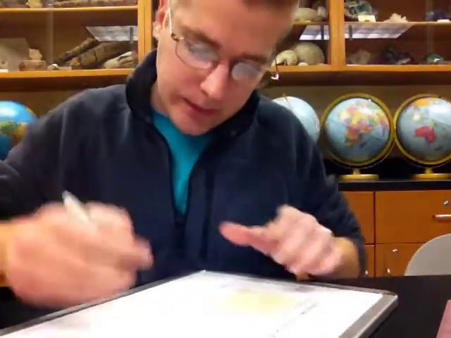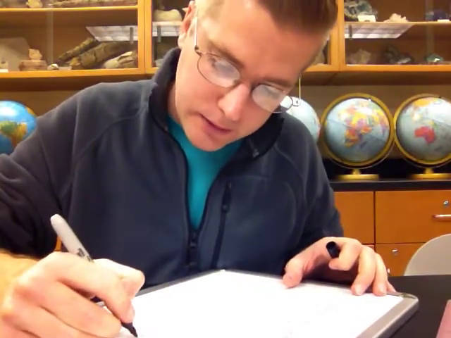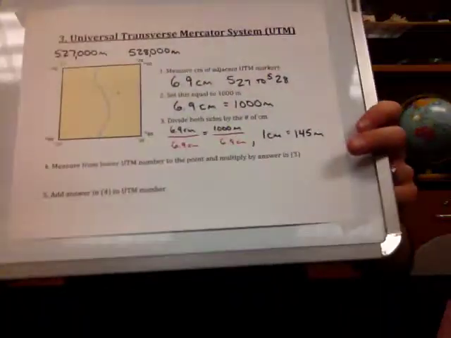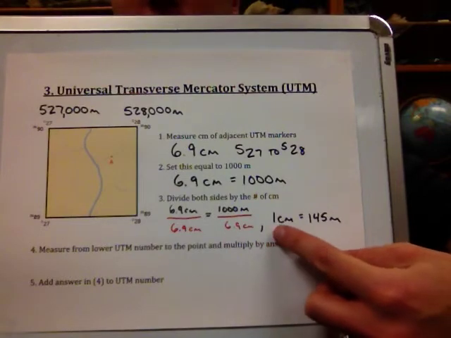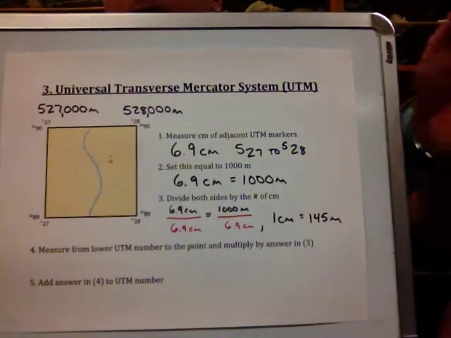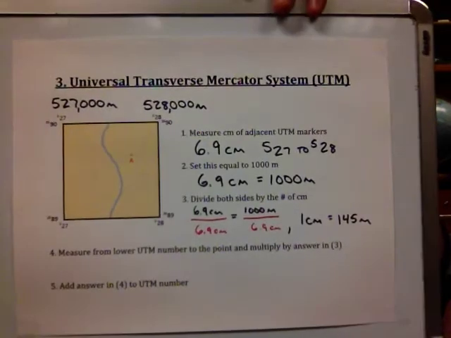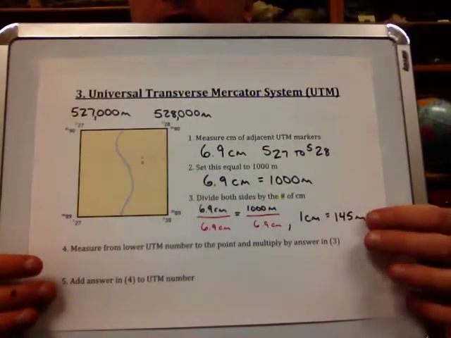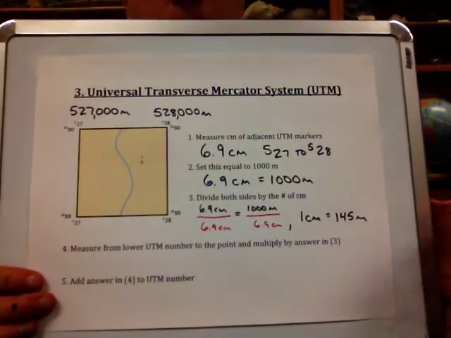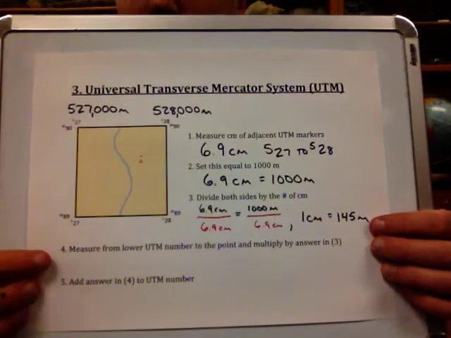So when we go ahead and do the math, this is going to become 1 centimeter equals 140, we'll just call it 145, round it to an even number. So when we divide both sides by 6.9, we find that 1 centimeter with our ruler is 145 meters in UTM. It's also meters in real life, conveniently enough. So the next step, now that we have a way to convert what we measure with our ruler to our UTM coordinates,